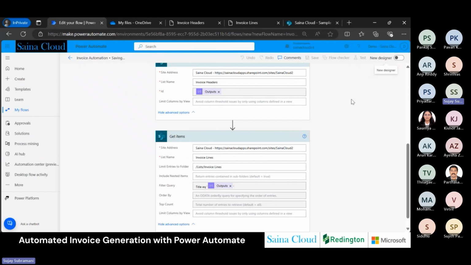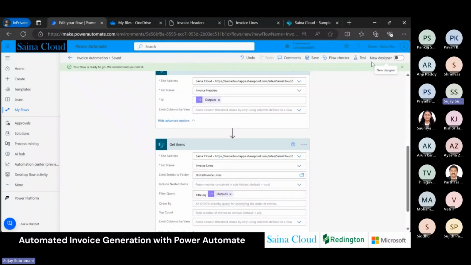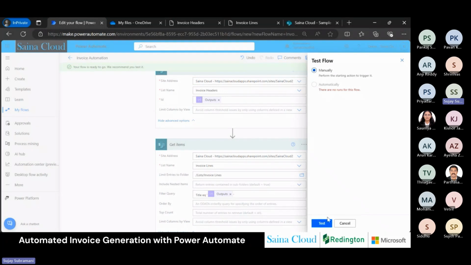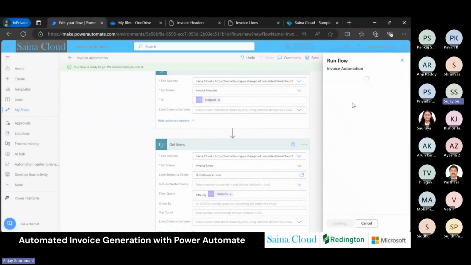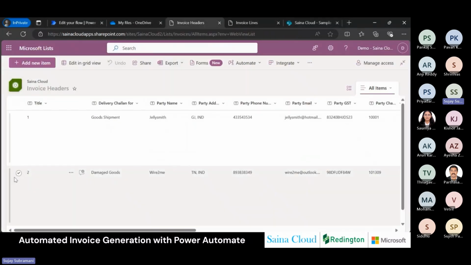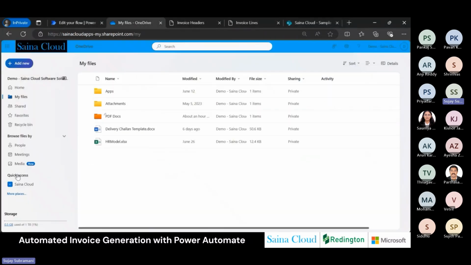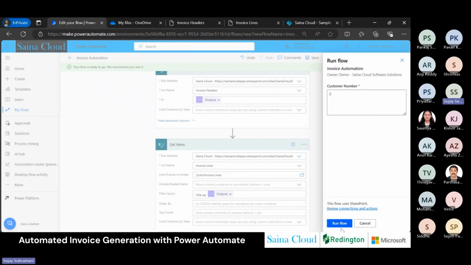I'll save and I'll show you how it happens till here. We'll test the flow now. So here I'll have to input the customer number. So if I give customer number 2, meaning to say in the header there is customer number 2, right? I need to get that as output right now. So if I click on run flow,